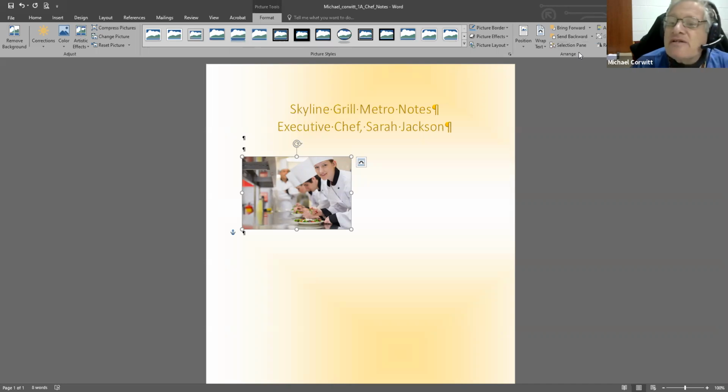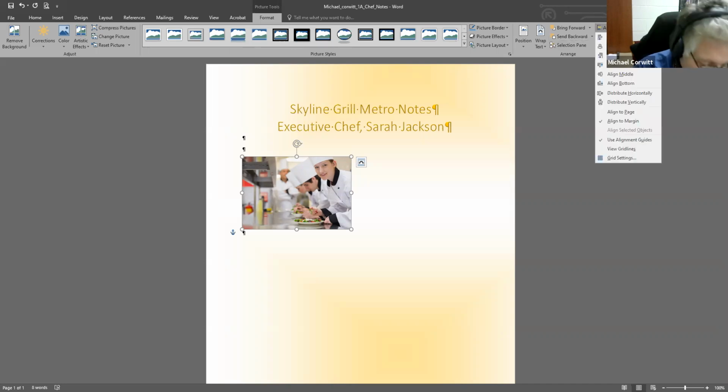We're going to click Align. Okay. And then we're going to use the alignment guides. If you don't see a check mark on it, make sure you put a check mark on that. Okay. Then what you're going to do is you're going to take the image